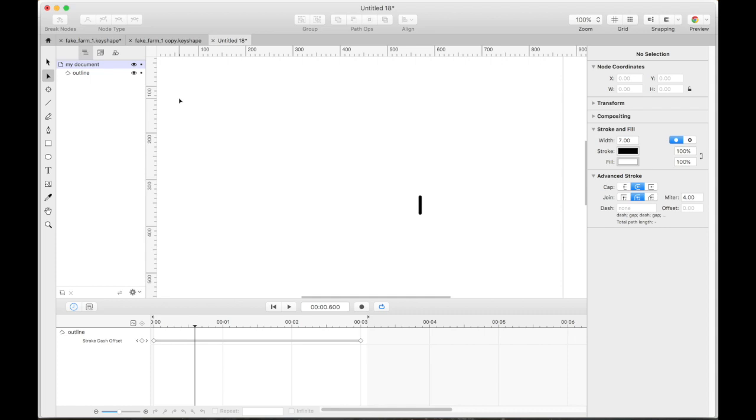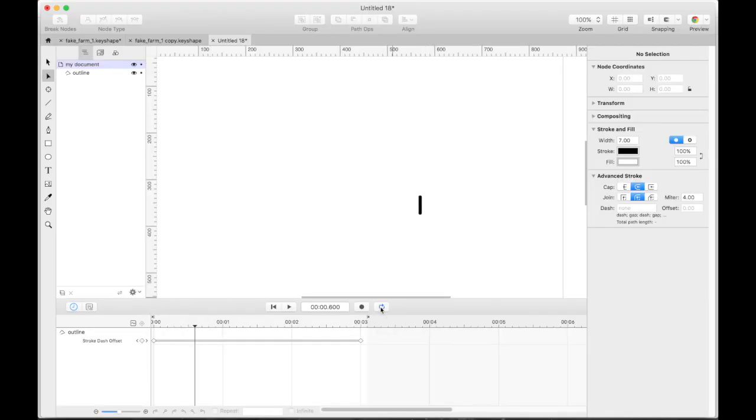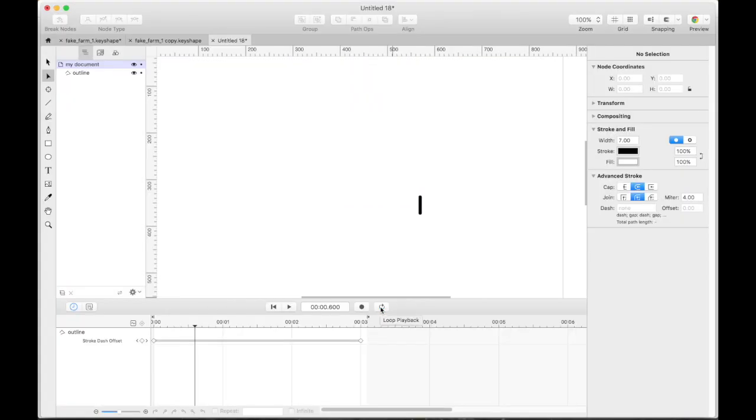If you hit Command Return, or if you hit Preview, let's just hit Preview here. It's showing it in the browser, which is fantastic. And so again, you might not like it repeating that many times. You can have it go one time by just unchecking this loop playback. And then you can hit Command Return, and it opens, and it will only go one time, like so. So you can see it keeps opening them.